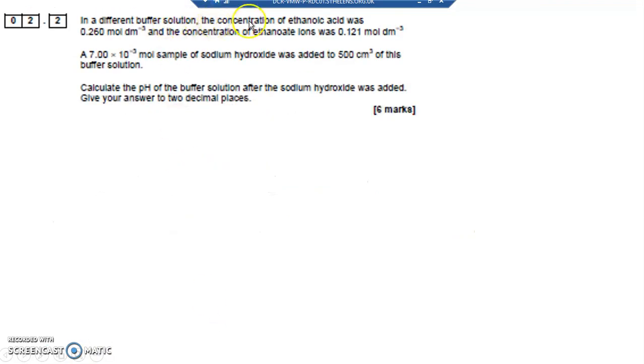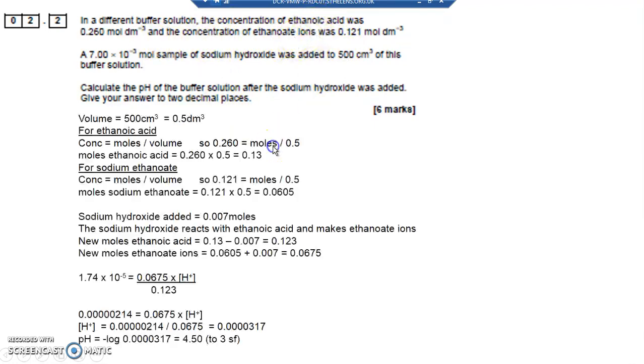In a different buffer solution, the concentration of ethanoic acid was 0.25 mole dm to the minus 3, and the concentration of ethanoate ions was 0.121. Some sodium hydroxide was added to 500 centimeter cubed of this buffer solution. So I've got the volume, and I've got the concentrations of ethanoic acid and of ethanoate ions. If I've been given concentrations and volumes, then I can work out the number of moles of ethanoic acid and ethanoate ions. So for ethanoic acid, concentration is moles divided by volume, so